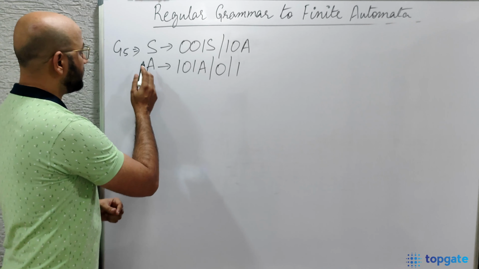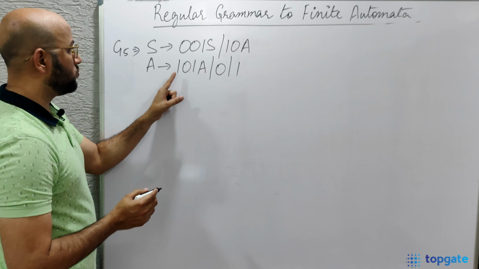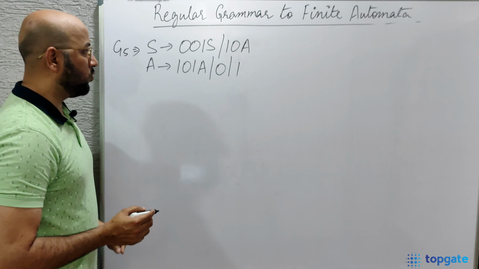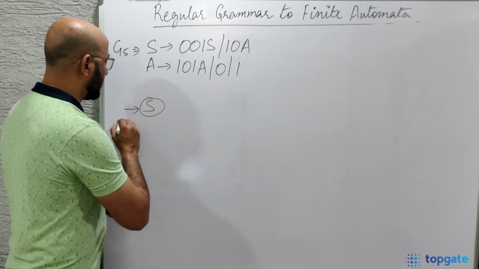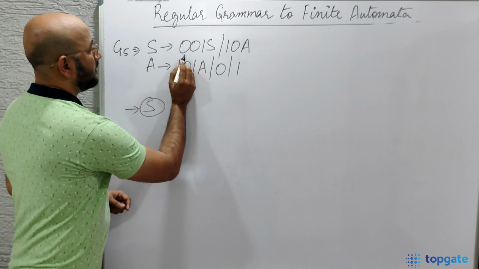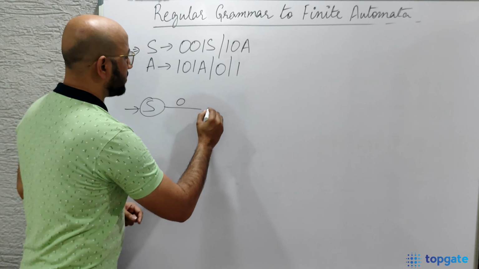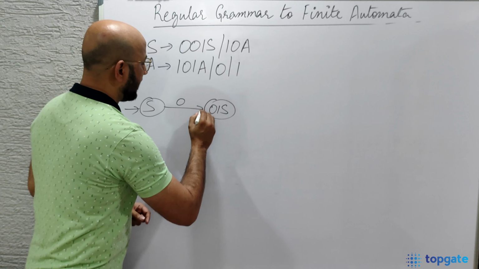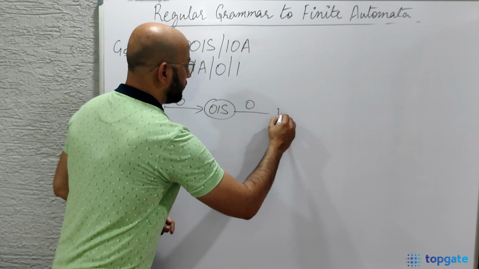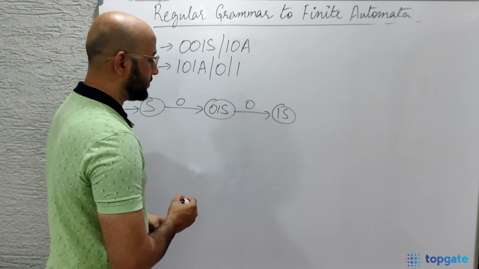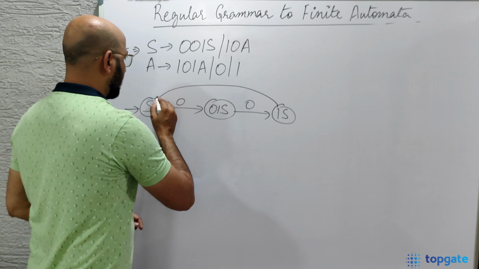We have this G5, and in G5 we have S tends to 001S | 10A and A tends to 101A | 0 | 1. So again we'll follow the same approach. So first state is S, that is my initial state. So from S the input applied is 0. So I'll apply 0 and then I'll reach 01S. Clear? Now next alphabet is 0. So here I'll apply 0 and reach the state 1S. And the next alphabet is 1. So from here I'll go directly to S